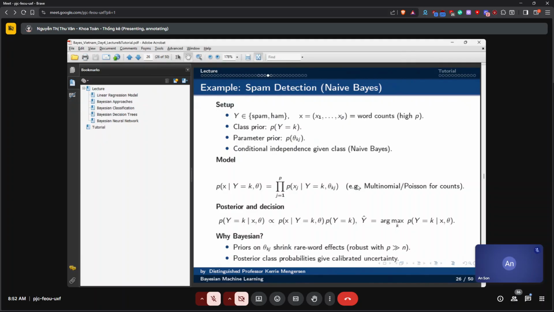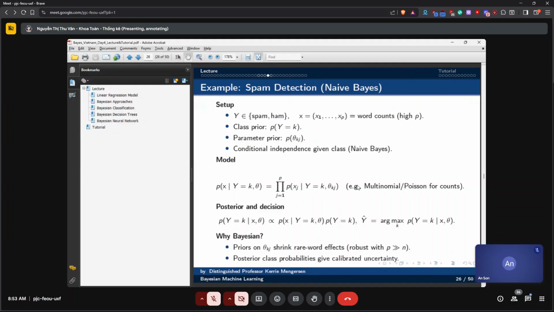So I can write down the model then, which is going to be a multinomial or Poisson for the counts. So the number of word counts that I have given that it's spam, or the number of word counts given that it's not spam. So I have a prior probability on it being spam or not spam, and I also have now a likelihood, which is this model that you see here. So I can put that together and come up with a posterior probability of whether this email is spam or not spam.